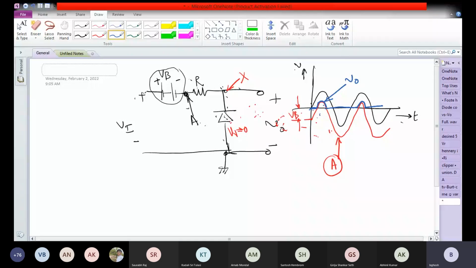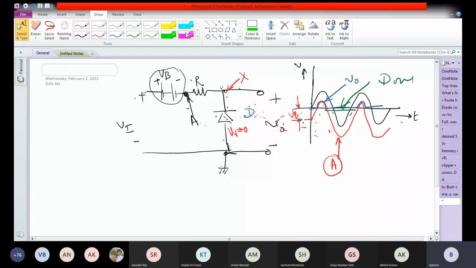It does not allow the voltage to fall below 0. The output voltage, which is the voltage at point X, does not fall below 0 when the diode D is on. So here the diode D is on in this part. And in this part,